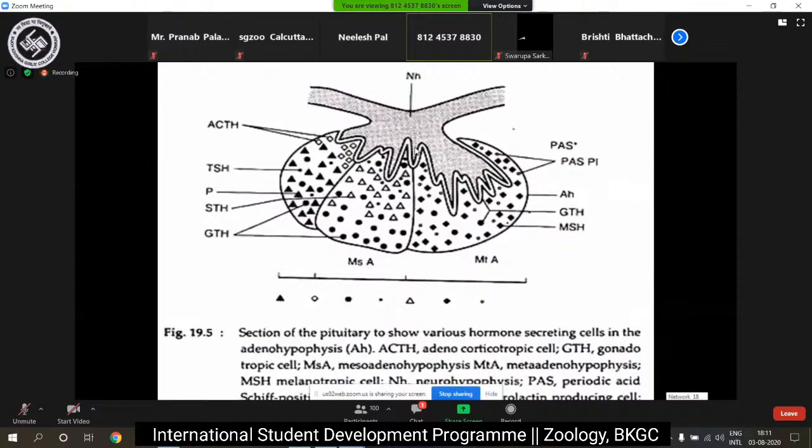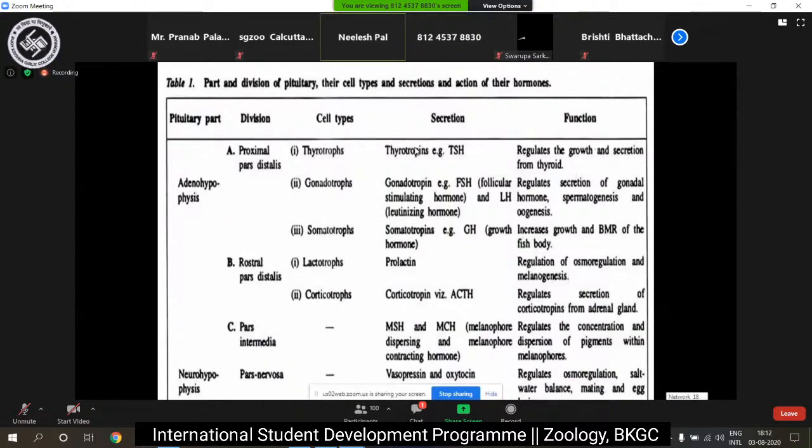As you can see here, the section of pituitary. The pituitary in typical fishes has these gross parts: the adenohypophysis, or the anterior, and the neurohypophysis. The adenohypophysis is again divided into proximal pars distalis, rostral pars distalis, and pars intermedia, secreting different types of hormones which are more or less the same as those of the mammalian counterpart. But one thing is important here: there's a pars intermedia, which is secreting melanophore dispersing hormone and melanophore contracting hormone, which are very important in fish,